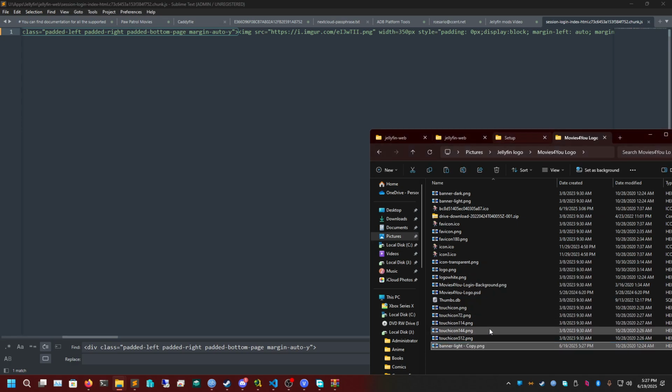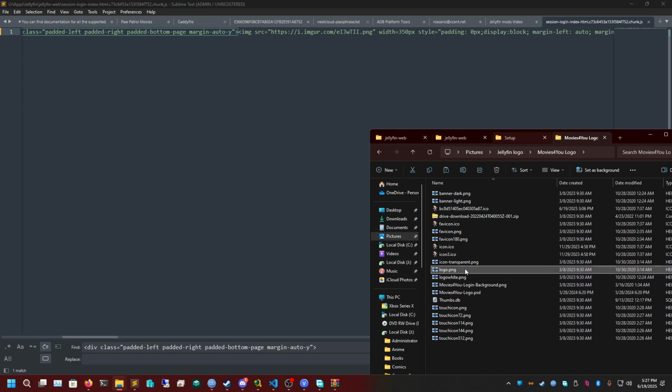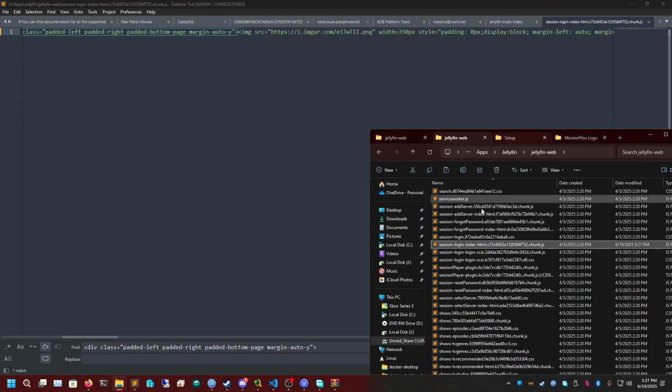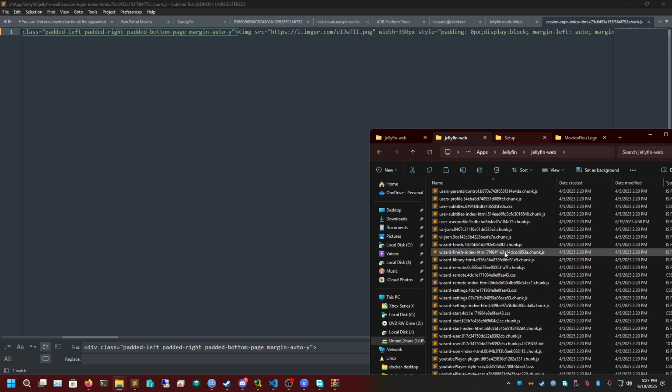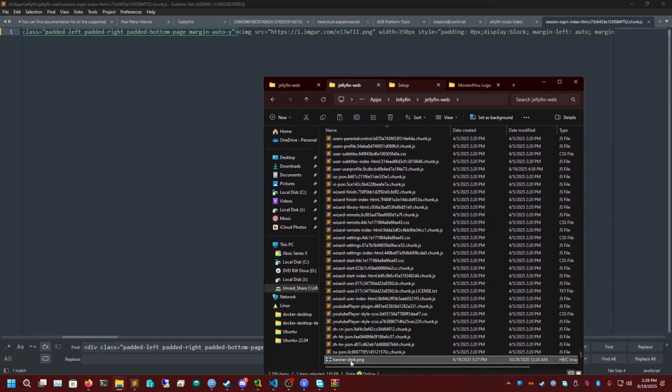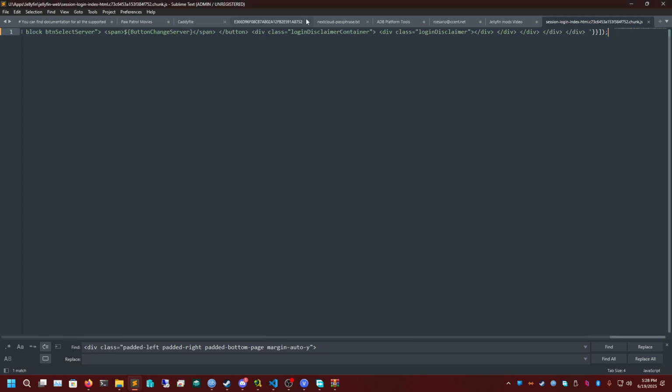Oh, I already have one in here. We'll check what that is. We don't want that. We'll just do this one. Copy this, and we're going to paste it in the web directory. I'm just going to name it logo.png. And now, if we save this, it'll either load that one, or we can load